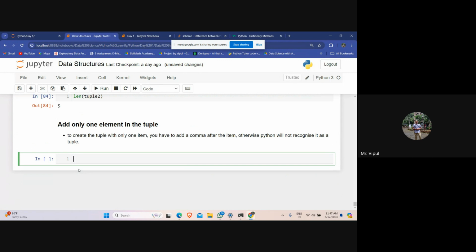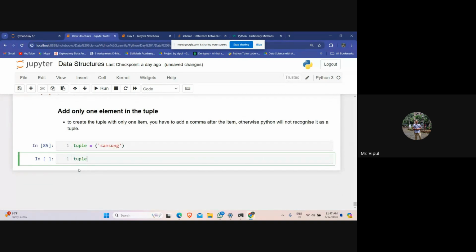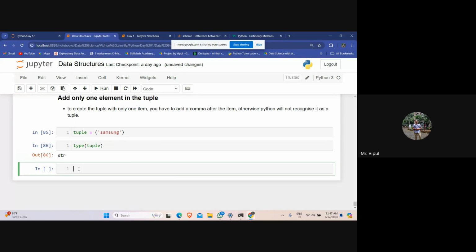Now, what do you mean by this? Let's say tuple is equal to round bracket, and you are using Samsung. If you check what is the type of this tuple, is it a tuple? It is not a tuple, right?